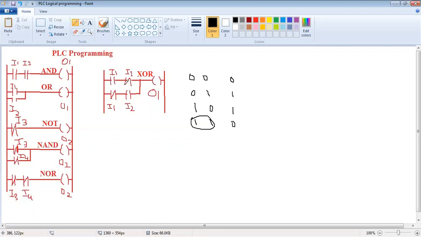So when 1 1 is applied, I1 is on, but I2 becomes off, so current will not go. And when the same is applied over here, I1 becomes off, as it is an NC switch, current will not go through this part as well. So hence, in both cases, output is 0. Is it clear? XOR gate.